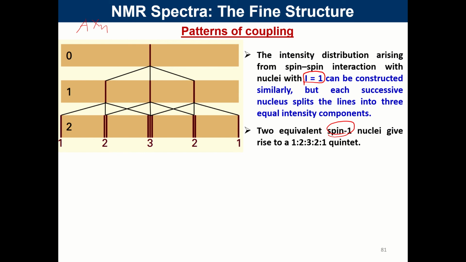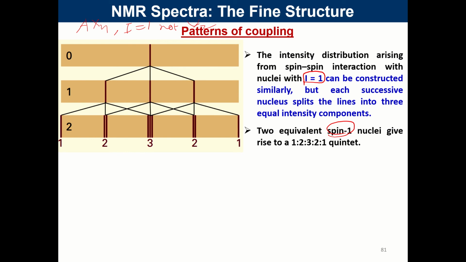The previous example was for spin half, such as the proton, where the nuclear spin quantum number was half. But if this nuclear spin quantum number is 1,